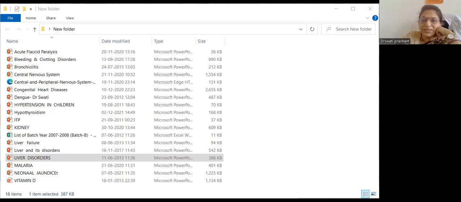Hepatic metabolism is mediated by enzymes which transform toxic products to less toxic substances that are excreted in bile. Phases are three: phase 1, phase 2, and phase 3. Drugs usually cause alteration of the membrane lipids. They interfere with the metabolic pathways of the liver cell, causing hepatocyte injury. The common drugs leading to injury are acetaminophen, that is paracetamol, antitubercular drugs, anticonvulsants, anti-cancer drugs, sulfonamides, estrogens, and anabolic